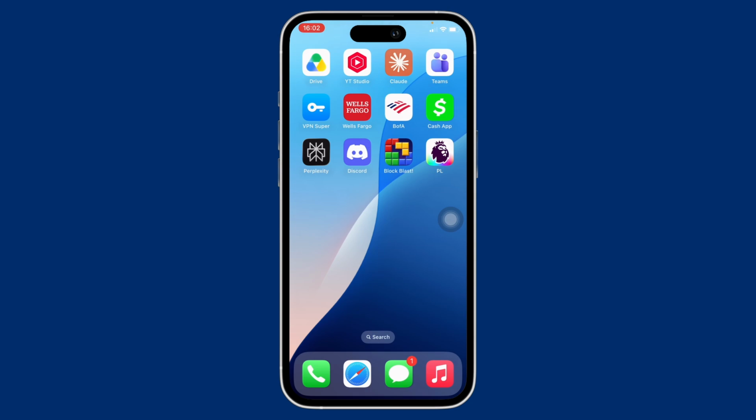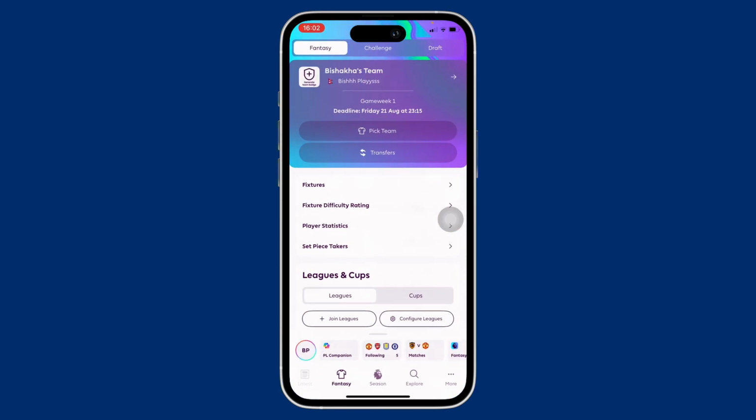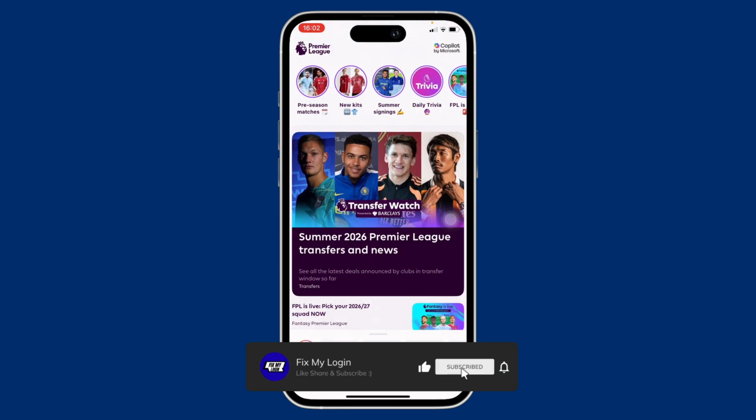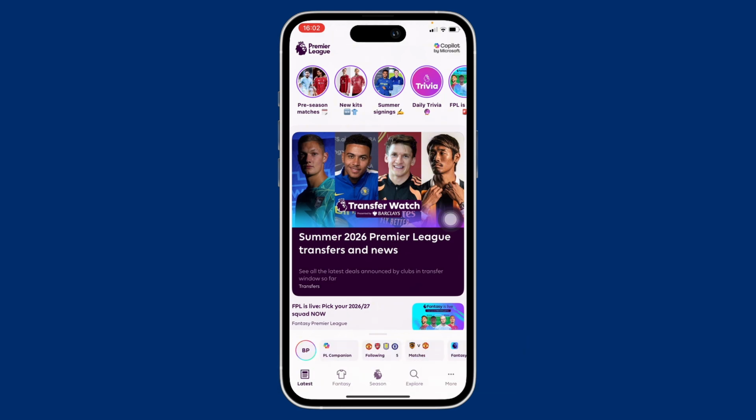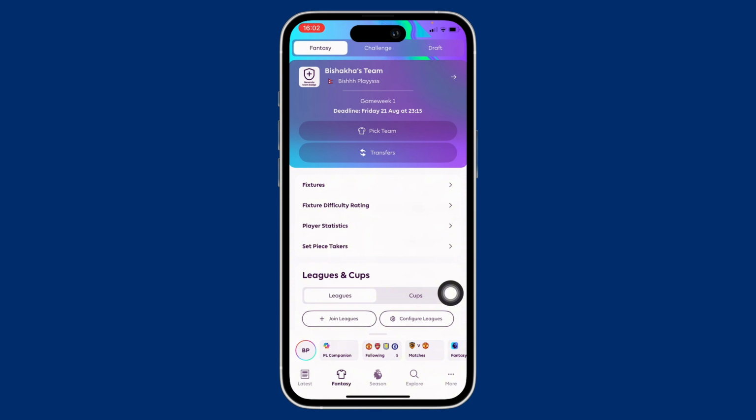Now let's get right into the tutorial. Firstly, go ahead and open the Premier League application on your device and make sure you are signed in. Now, tap on the fantasy option on the bottom of your screen and you will see a bunch of options